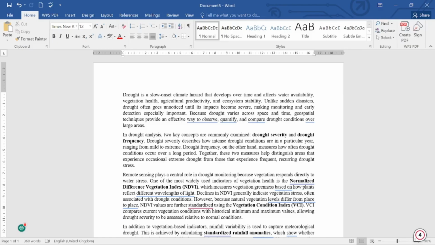To calculate drought, we use NDVI, that's the Normalized Difference Vegetation Index. However, because natural vegetation levels differ from place to place, NDVI values are further standardized using the Vegetation Condition Index, that's the VCI, to compare current vegetation condition with the historical minimum and maximum. So we can compare the current condition of vegetation to the previous one, that's the minimum and maximum values